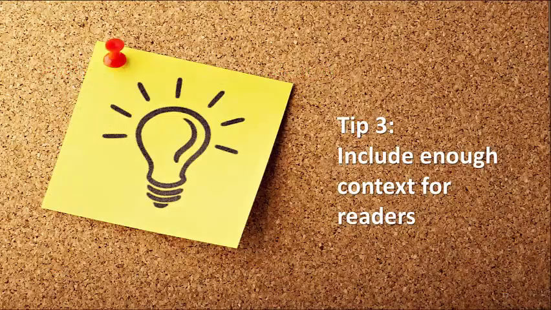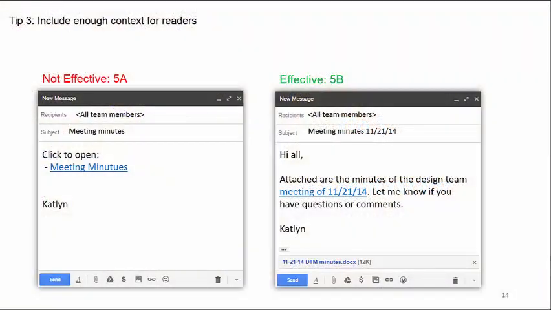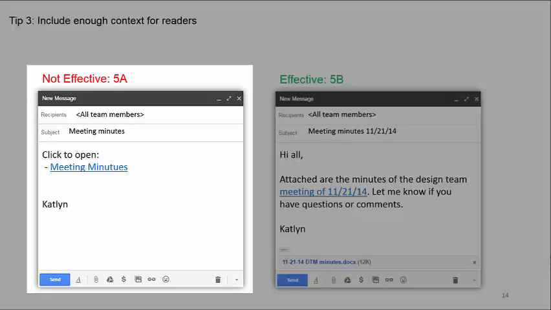Tip 3. Include enough context for readers. An email message needs to provide enough context so readers understand it immediately, even if they are working on 6 other projects or look back at the message 2 weeks later. Even an answer to a question should provide some context. At the same time, you don't want to over-describe the context and overload your readers. As usual, be concise. This original does not provide enough context and has a typo.